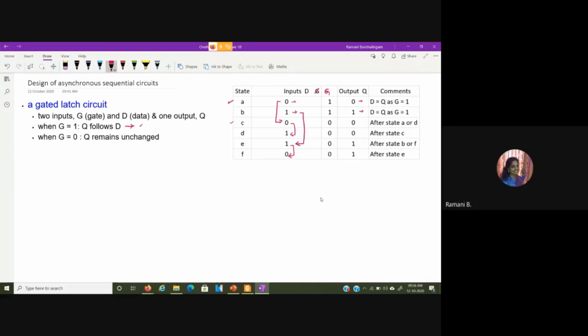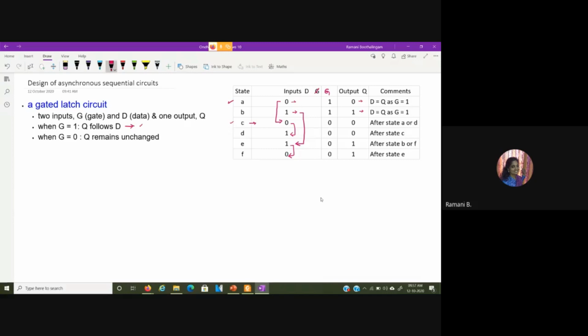Okay. So with respect to that, we have written certain comments also over here. This particular state C is actually occurring after state A, because I have changed only this G input to 0 and D is remaining as such, my output is also the same. So this can occur after this particular state, or this can also occur after state D, because only one value should change and your output is not supposed to change.